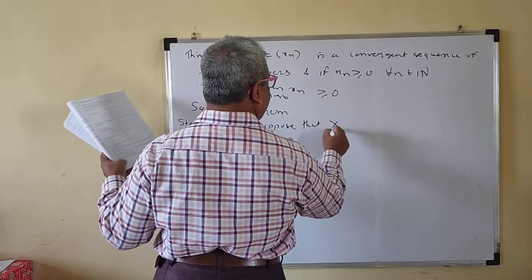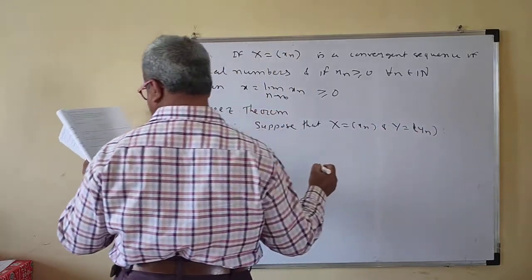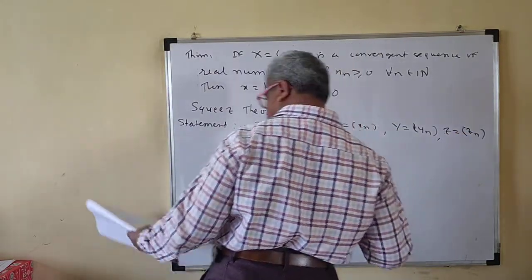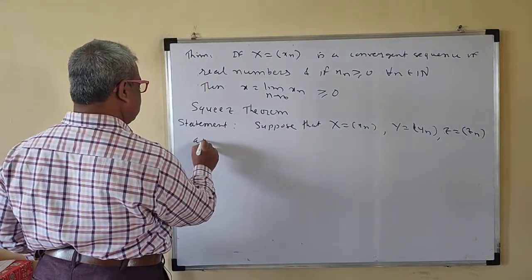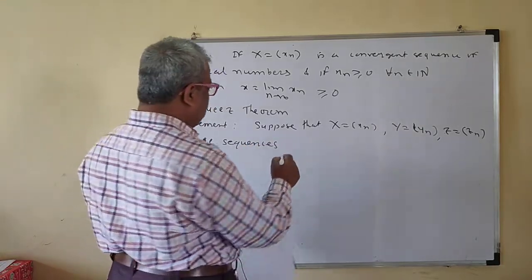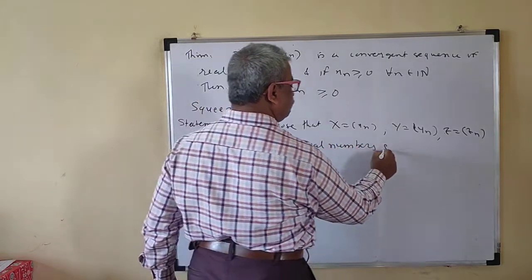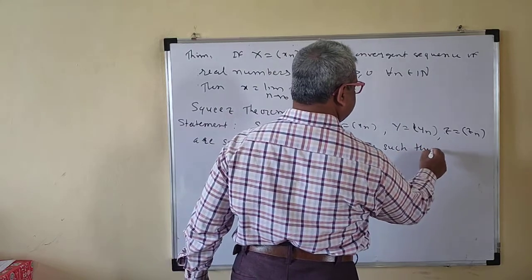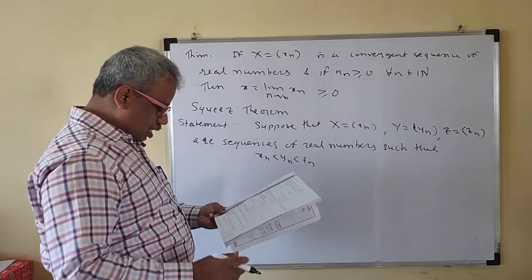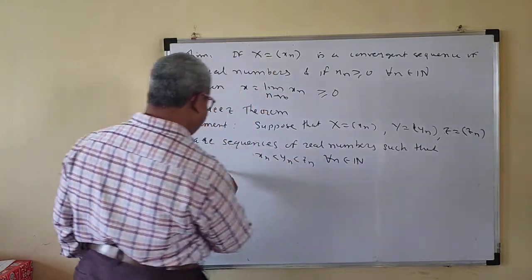Suppose that x = (xn), y = (yn), z = (zn) are sequences of real numbers such that xn is less than or equal to yn is less than or equal to zn for all n belonging to N, then